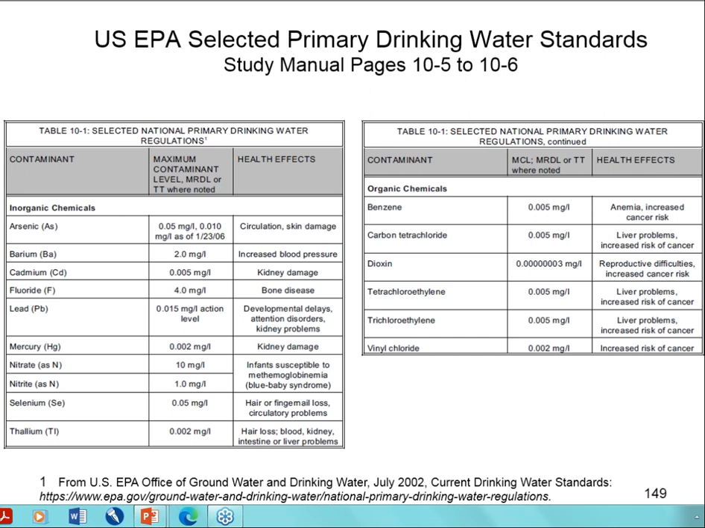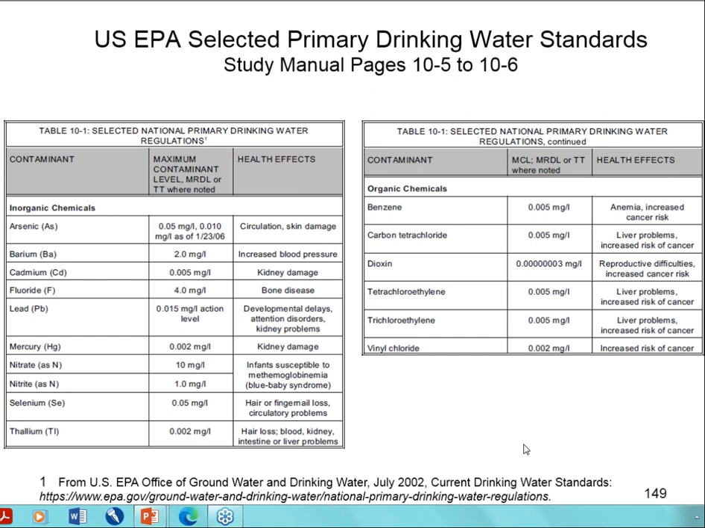Blue baby syndrome, these babies can die because the nitrate gets into the bloodstream and robs the oxygen out of the hemoglobin. So they can't oxygenate, they can't breathe, they'll turn blue and they'll die. Whereas adults, they can get sick from this, but they usually don't die because we're bigger. So nitrate's very important to make sure we